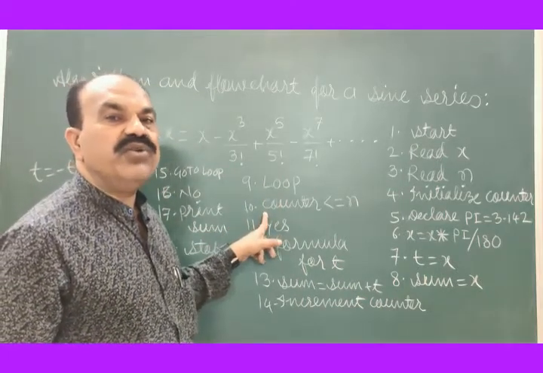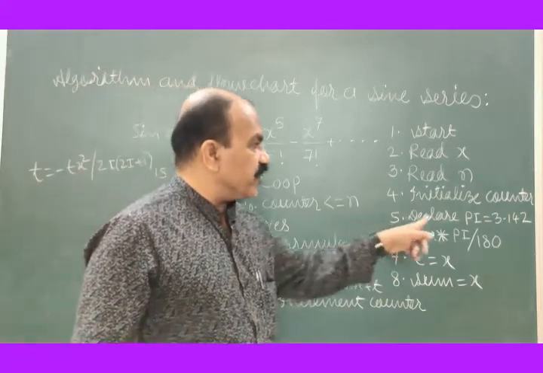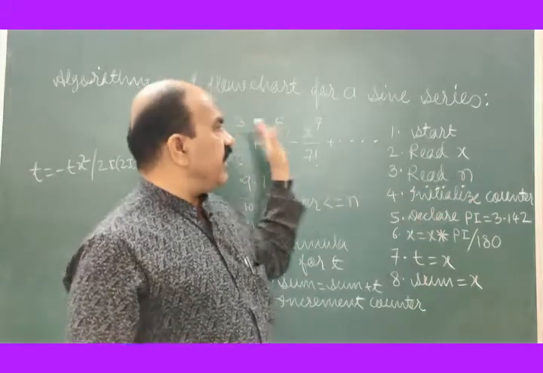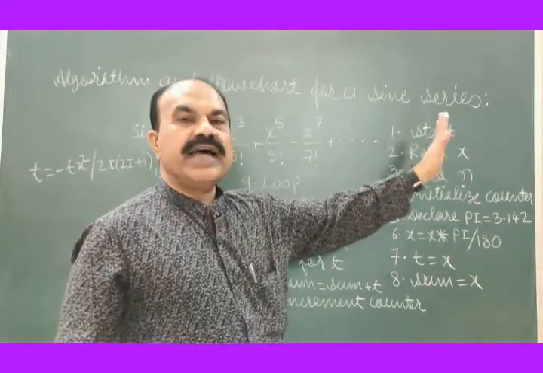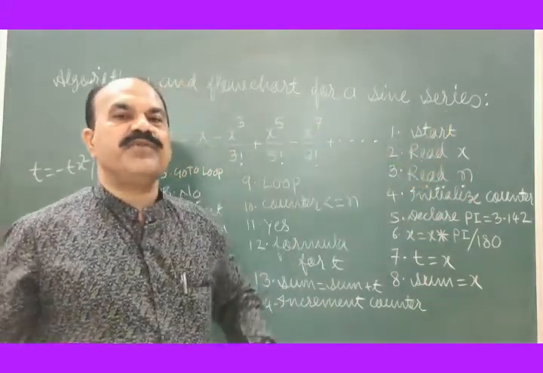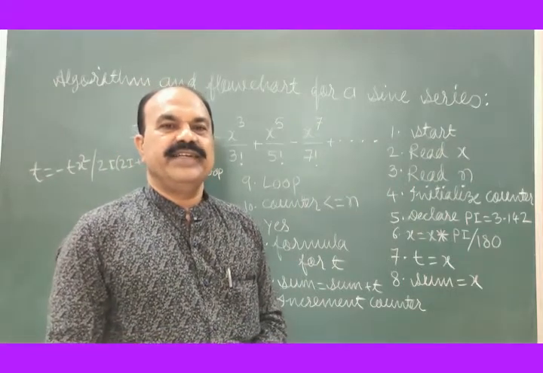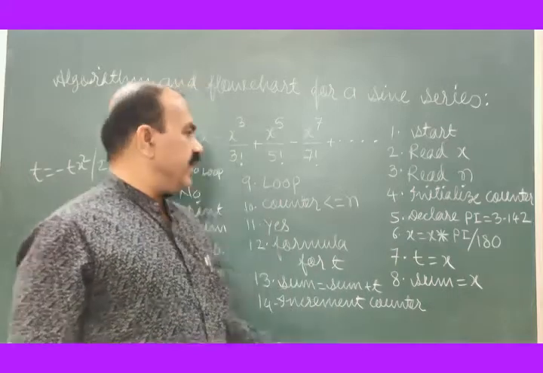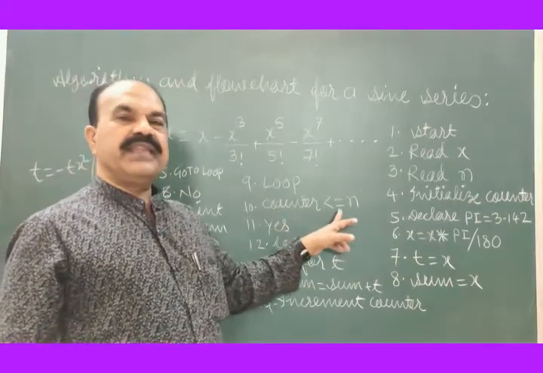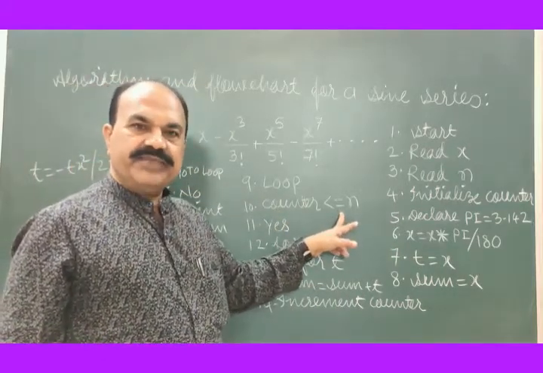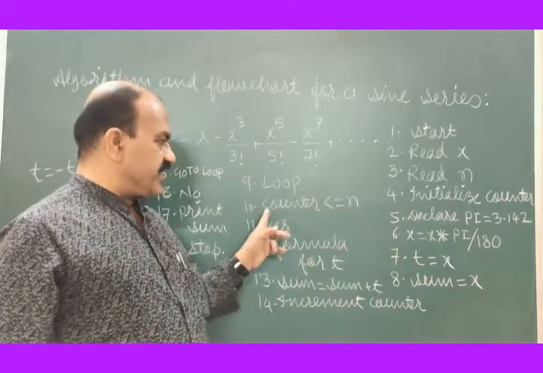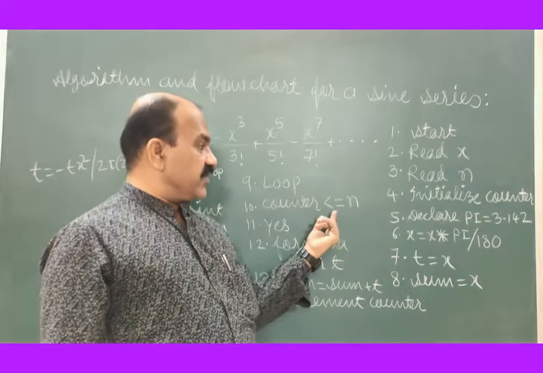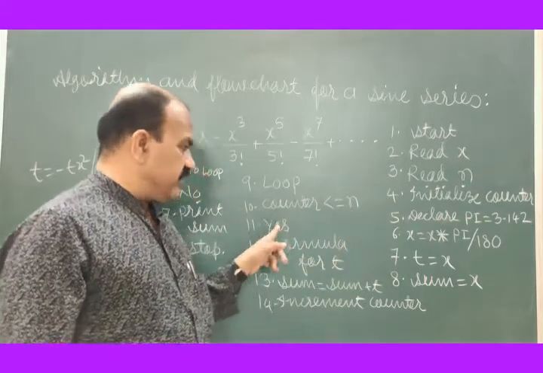See the value of the counter, it should not exceed n. When it exceeds n, the task of adding all these terms will be completed. We have to just print the sum and end the program. That is to be verified here. If the answer is yes, counter is still less than or equal to n,